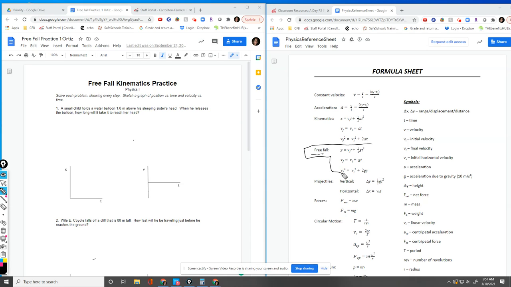We need to be looking at all of this. Also notice that right here, gravity is included and it's giving you the value of 10 because that's the value that is being used on the test and in most AP exams. The true value is 9.81, but it's harder mathematically and the numbers can be inaccurate whenever we are doing multiple steps in an equation. If everybody doesn't round the same, then the answer is not going to be the same. So